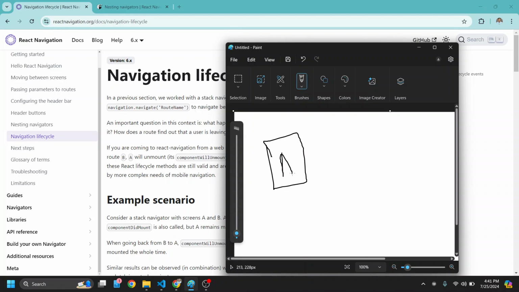Okay, let's say this is screen A and this is screen B. Right now we have just screen A. Okay, when screen A comes on the screen, its component